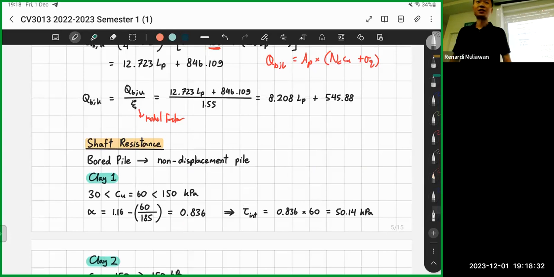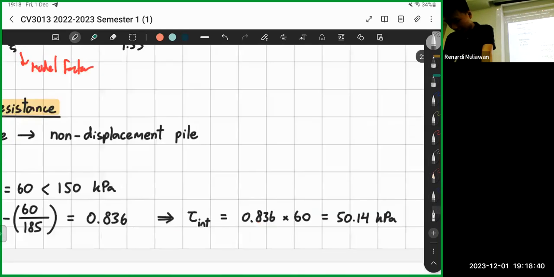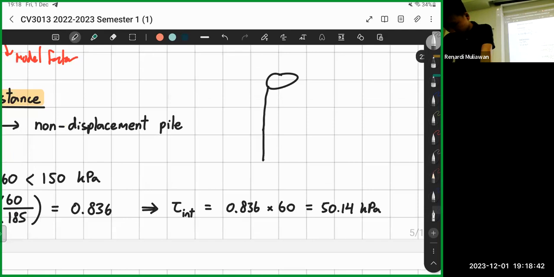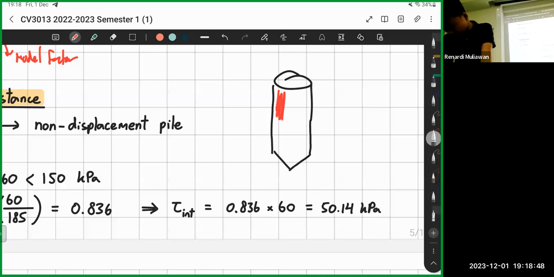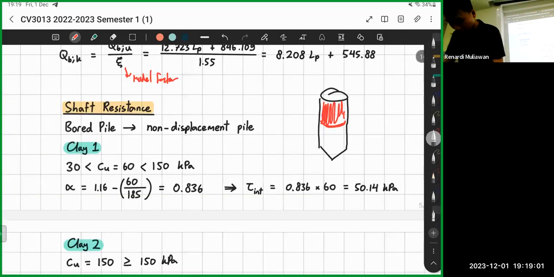Next one is your shaft resistance. Shaft resistance is a bit different from the bearing resistance that we did just now. Imagine this is your pile. Shaft resistance is your resistance along the perimeter. So imagine you have a cylinder. The shaft resistance is the friction around it. So if you look back here,